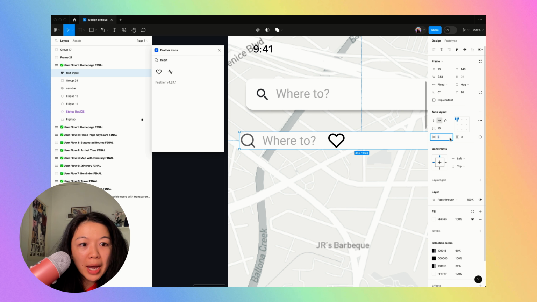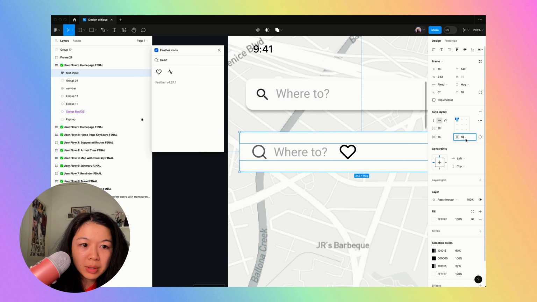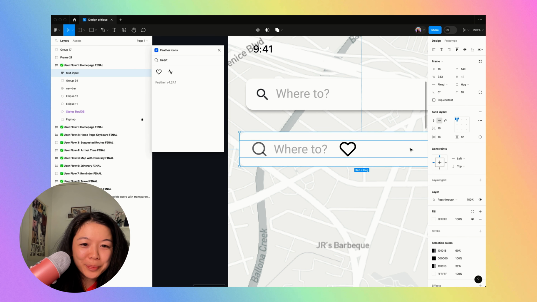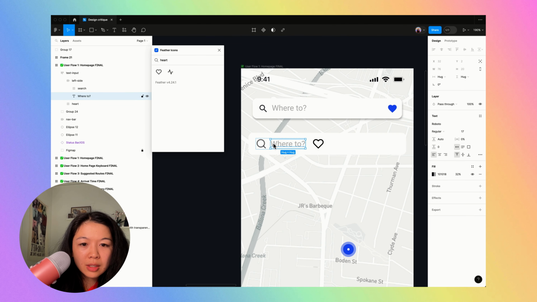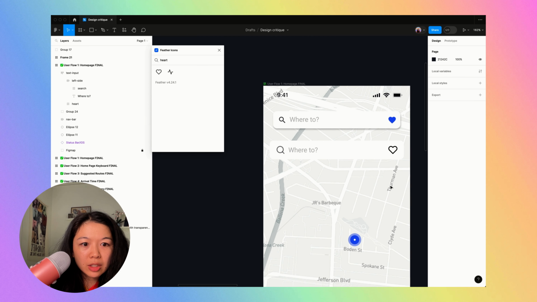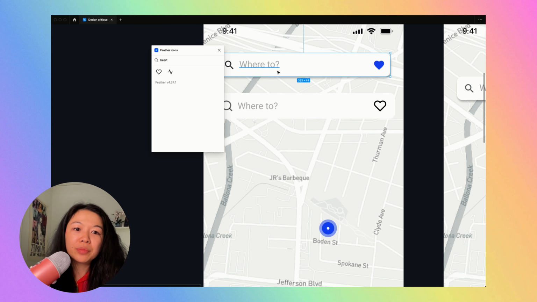So I'm going to add padding around like this. We can try maybe something like this. I'm going to use 12. And then we're going to change this area on the left to be a fill container for the resizing options. And then we're going to change this to fill container as well. And so you notice that now the where-to section expands to fill the area that remains. Okay,